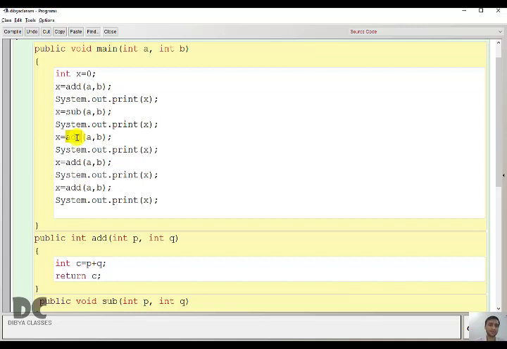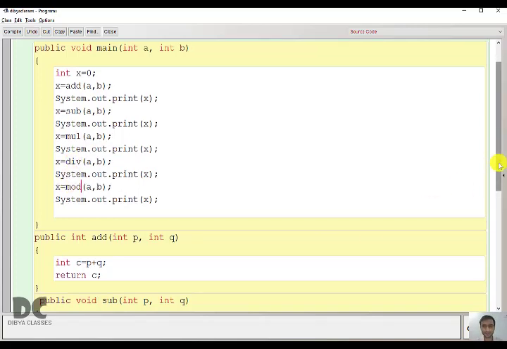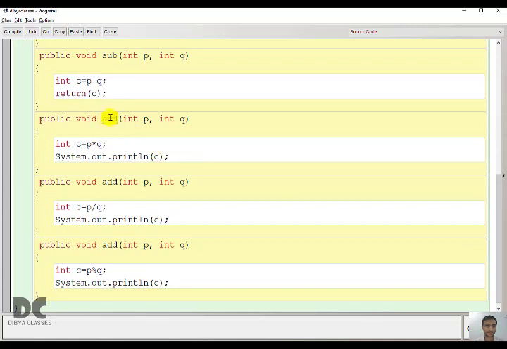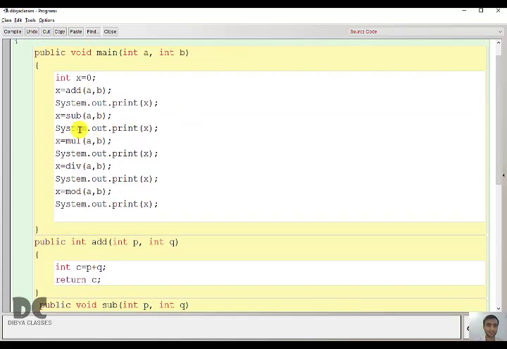Similarly, we will call multiplication. Let the function name be mul, then division, and then modulo division. Remember, the function name here and the function name here should match.